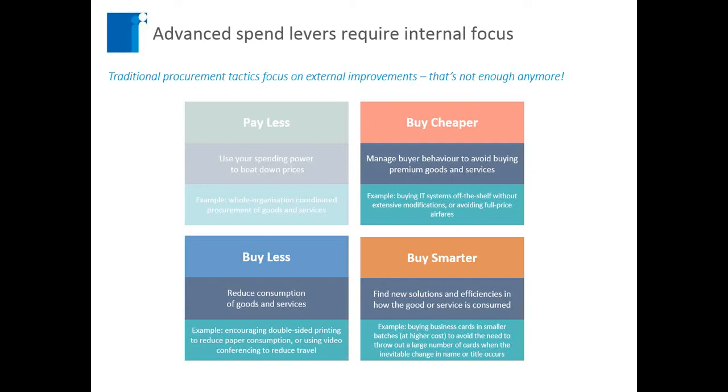So what's the difference? In pay less, you obviously work with the market, and you use your spending power to basically get a better price from your service provider or from your supplier of goods to beat down their per unit costs. But if you want to buy cheaper, buy smarter, and buy less, you actually don't have to talk to the supplier. You can, but the main bulk of work will actually be coming from you talking to your internal stakeholders, because they have to be okay with